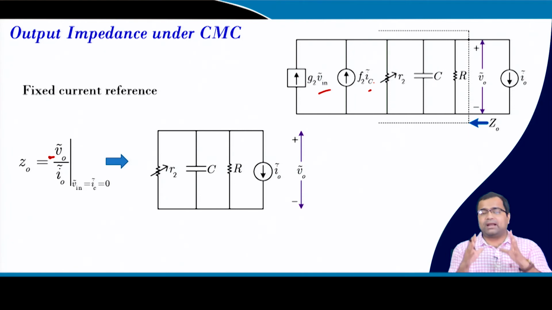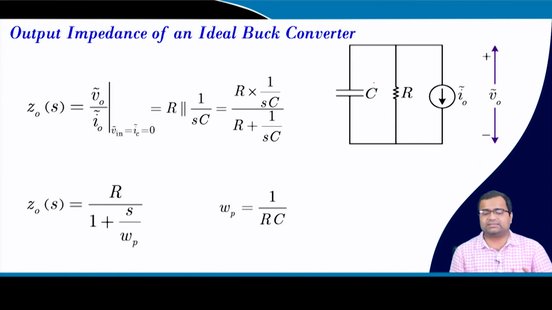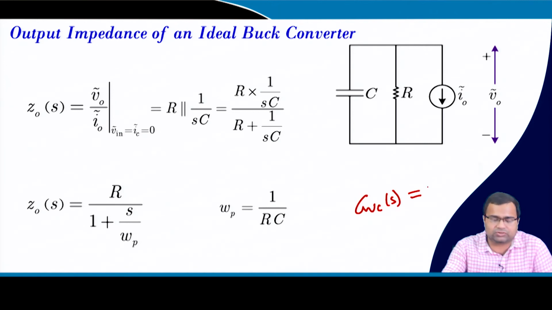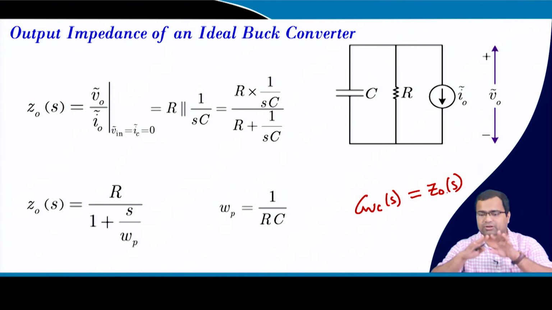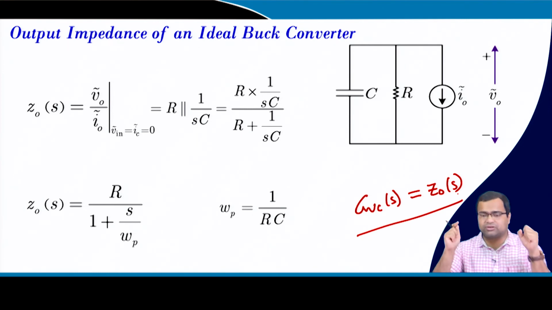like a parallel combination of R2C and R, and it turns out to be, for a buck converter, simply this. That means in a buck converter the control to output transfer function is virtually the same as the output impedance with closed current loop with a constant current reference, that means with closed current loop only. So, it will represent a first order system, and output impedance in a current mode control also becomes a first order system like an RC circuit.